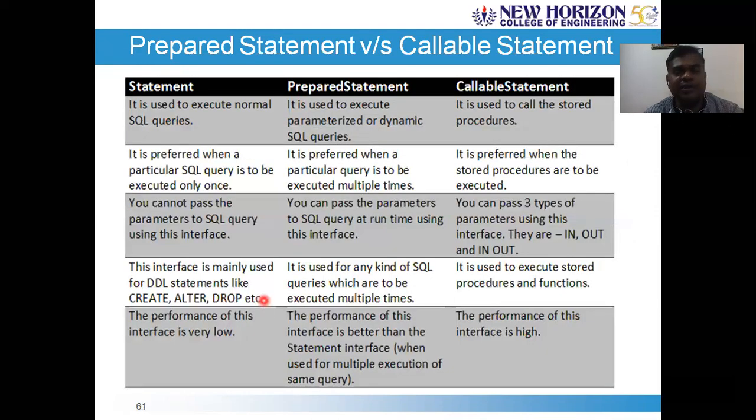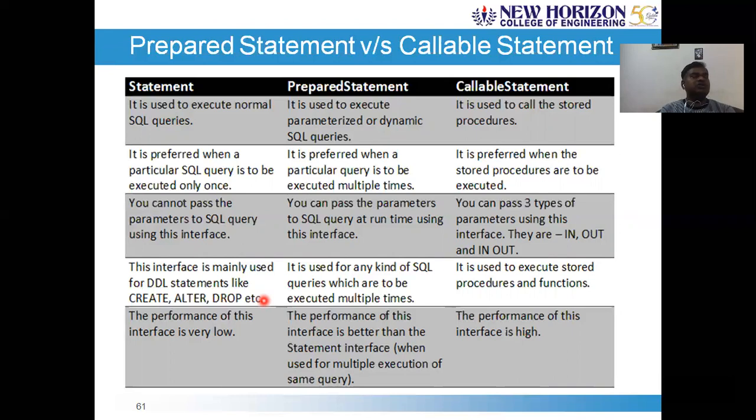So all the 3 statements together: statement, prepared statement, and callable statement. How do we compare them? Already all of us know about the differences, so quickly we'll differentiate between these statement objects.